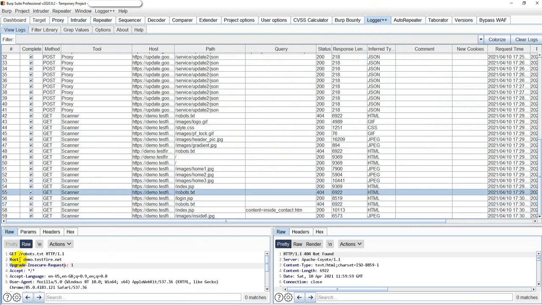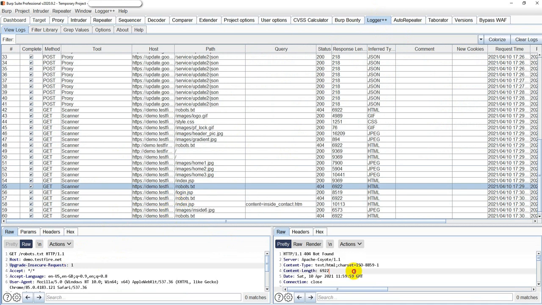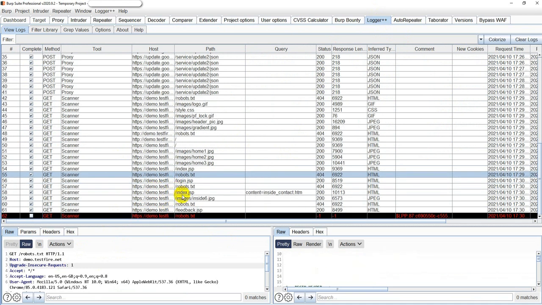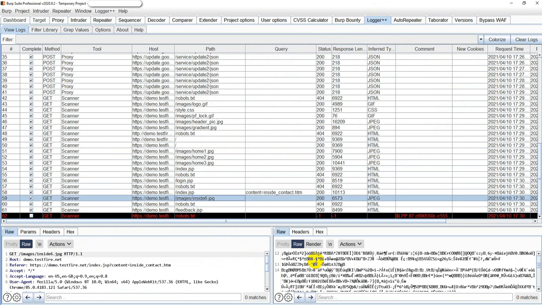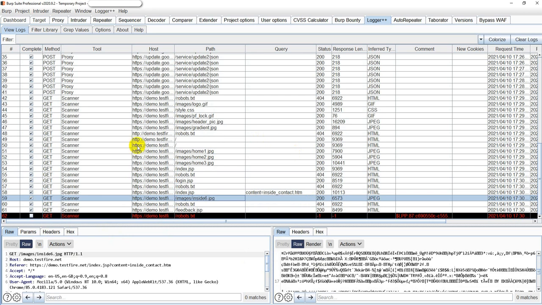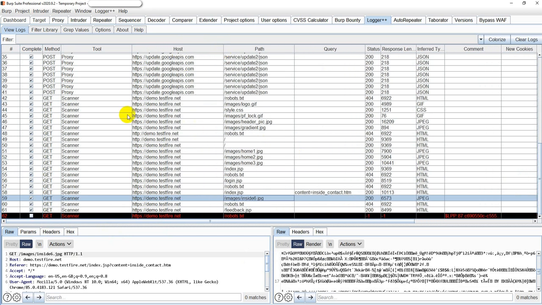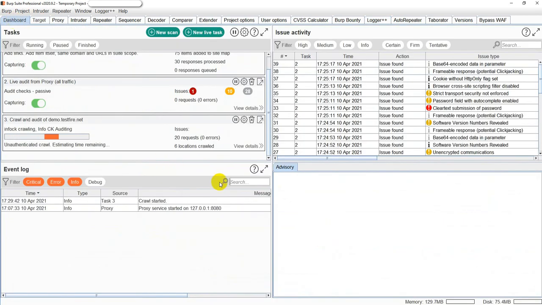You could see that it's trying to fetch or hit the robots.txt, it says 404. It's trying to check some of the URLs, it says 200. Okay, so this is where you get an overall idea of what exactly your tool is doing in the backend. Again, I'm not talking about the fine-tuned or proper scan because that will be a different video. So let's just keep this video in this particular state itself.